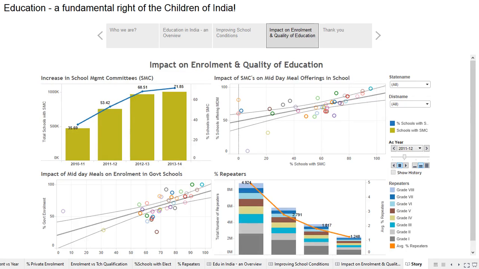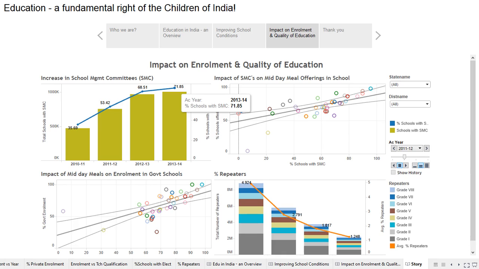So with all these improvements taking place, it's necessary to see whether we have a committee in school which actually manages all of this. And one can very clearly see that with all those improvements taking place, there's a significant rise in the number of school management committees being formed. 35.69% schools had school management committees in 2010-11. This has gone up to about 71% in 13-14, which is almost a 100% increase in